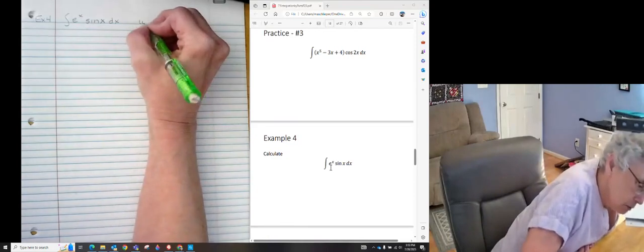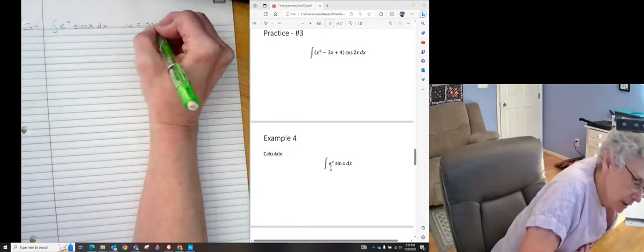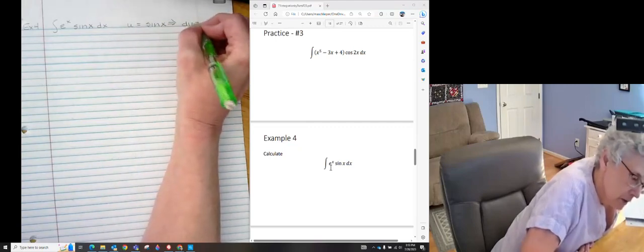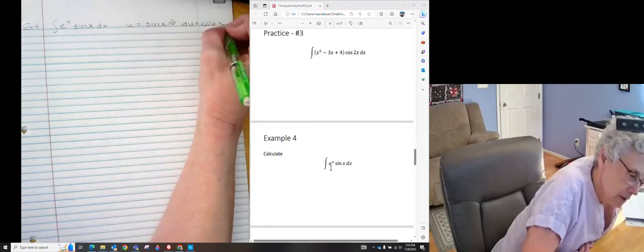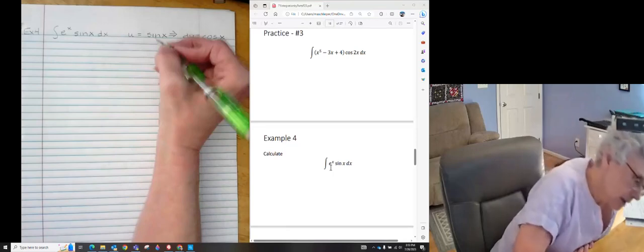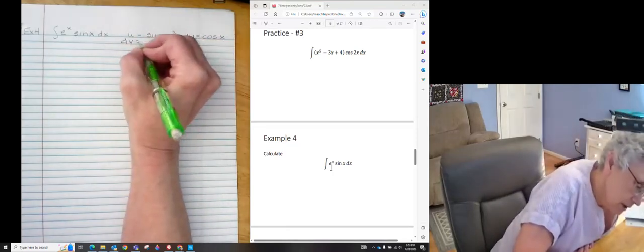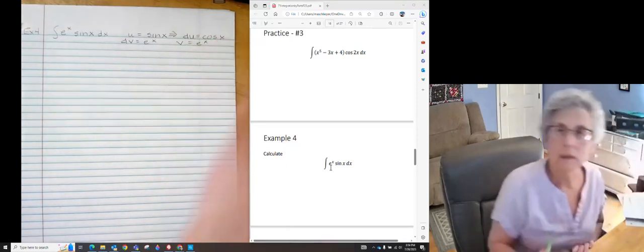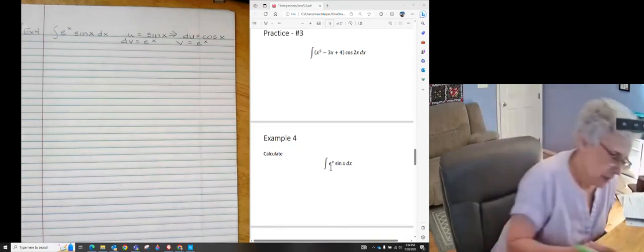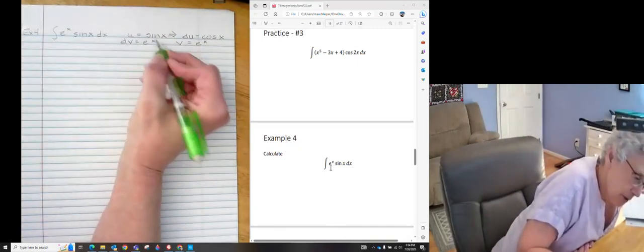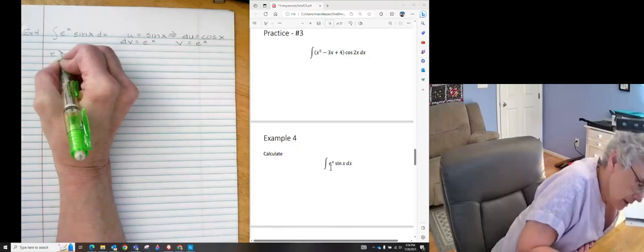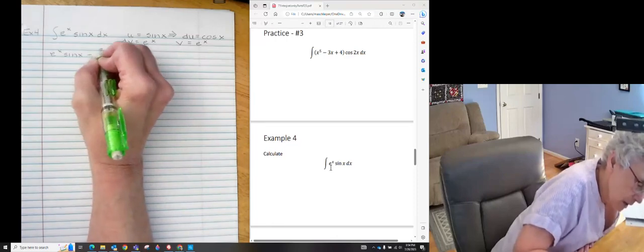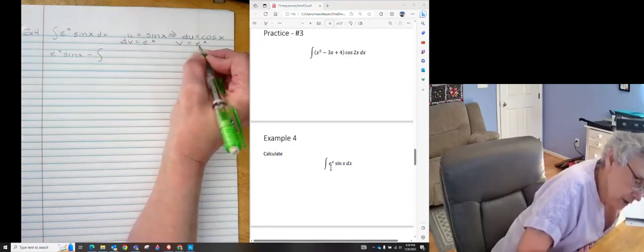I'm going to let u be equal to sine of x. Then du is equal to cosine of x. dv is e to the x, v is e to the x. So this is equal to e to the x sine of x minus the integral of v